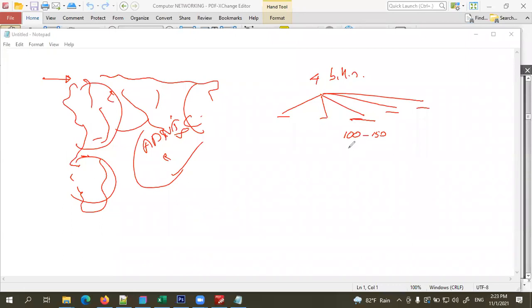Again, in the ethnic region there are, I think, 7 countries, right? So again these IP addresses are divided among these countries. Each country has ISPs. In Sri Lanka we have Dialog, SLT, Mobitel, Hutch, Airtel, like that. Several ISPs are there. So these IP addresses are now divided among these ISPs. Now these ISPs will divide their IP addresses among their customers.